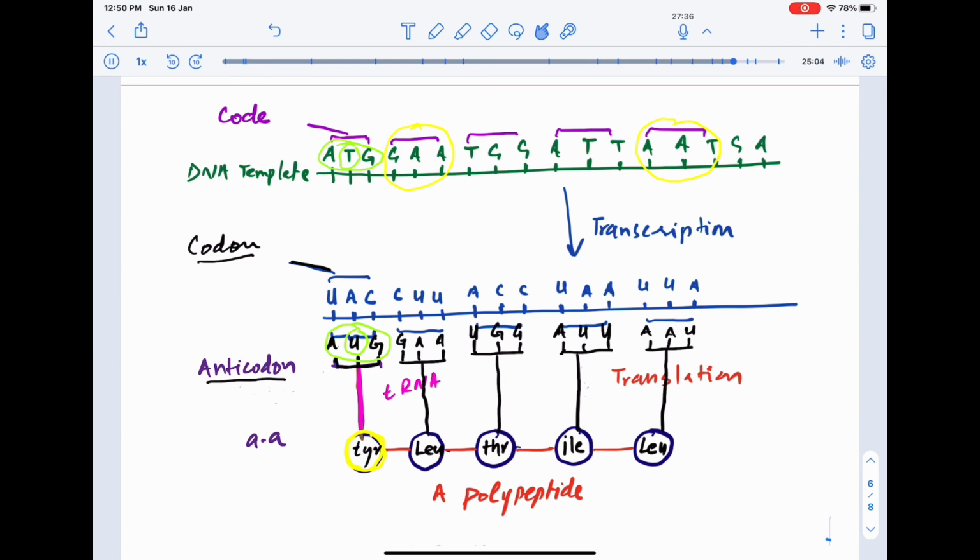So this is how the transfer RNAs bring these specific amino acids to a ribosome, and the ribosome then attaches these amino acids together by peptide linkages between them, making a polypeptide chain. These transfer RNAs, after they have transferred an amino acid to a growing chain of polypeptide, or a growing chain of amino acids,